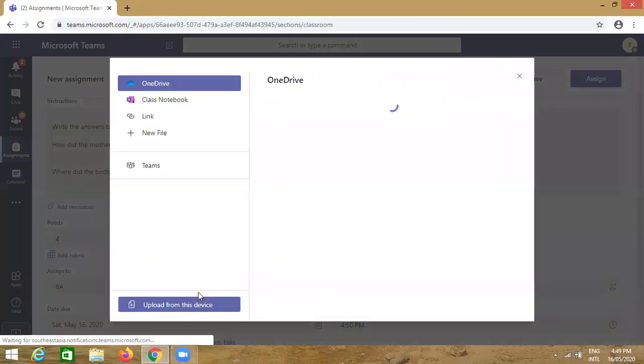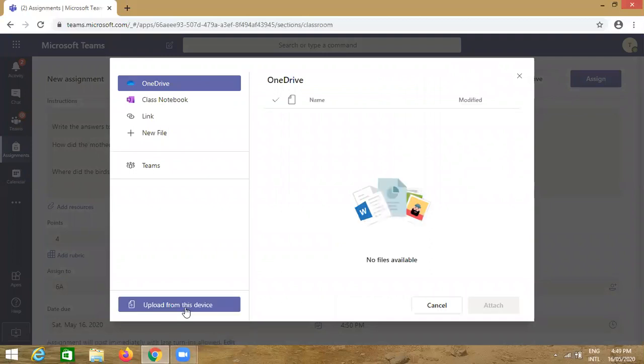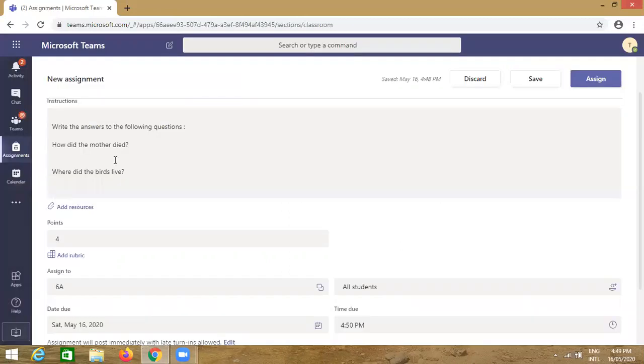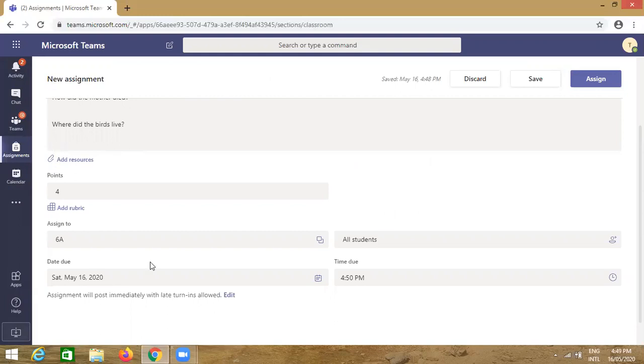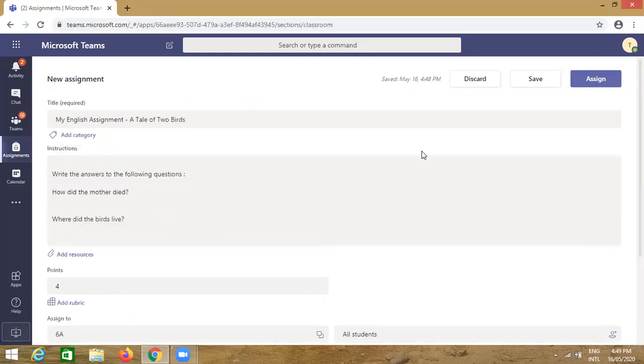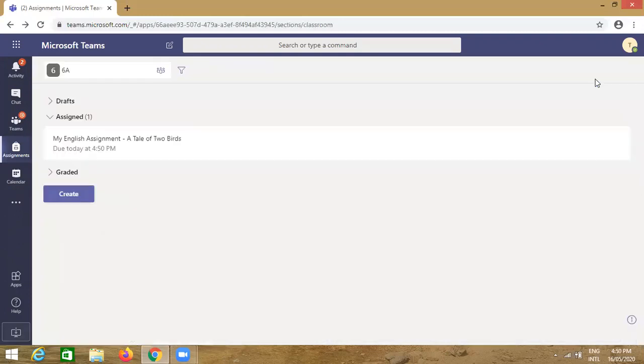So you can upload the file from this device here. We will not load that since we have already typed the assignment. So after doing all these things, we can assign it to the class by clicking on the assign button. So the assignment has gone to the students.